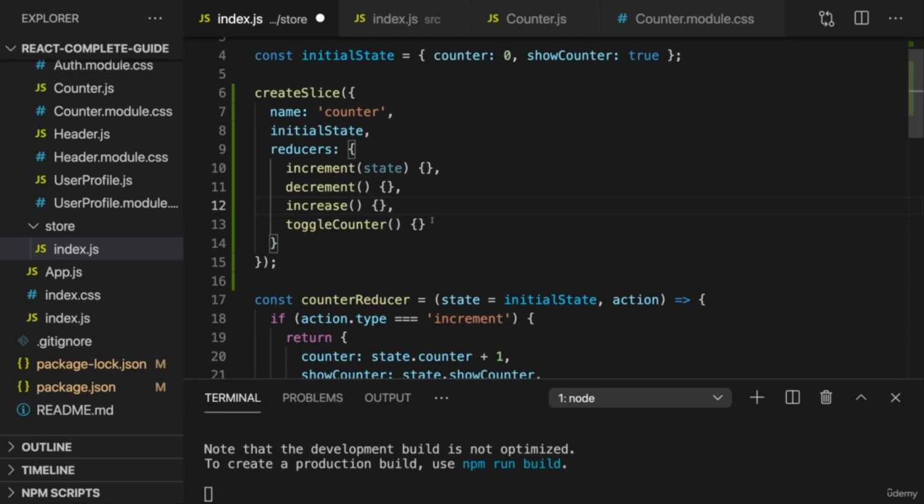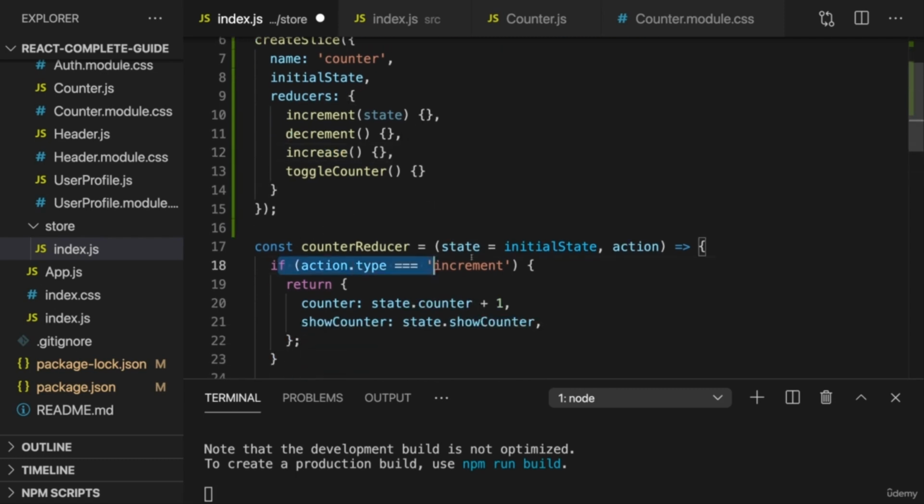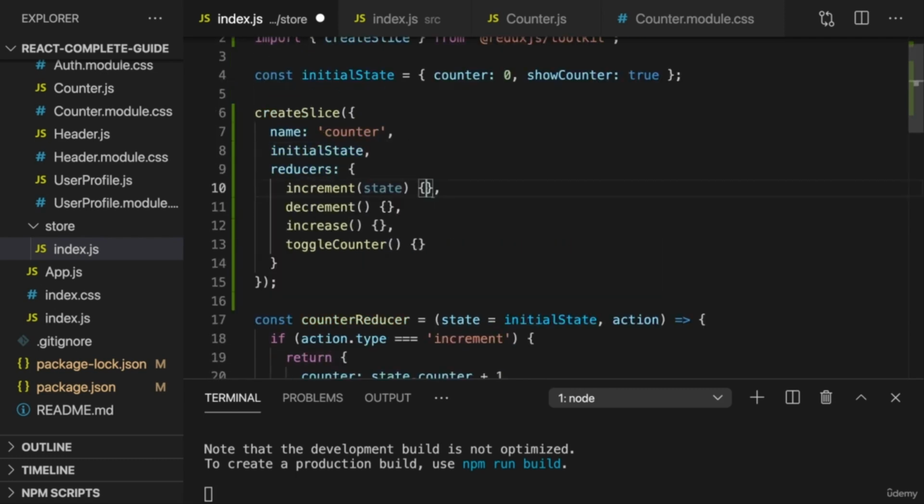So we don't need to write our own if checks anymore. Instead, we'll soon be able to identify these different reducers and dispatch actions that target these different reducers. So we now don't have to write our own if checks anymore, which also reduces some boilerplate code we would